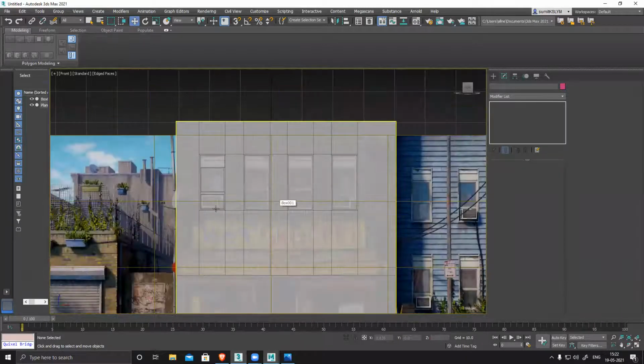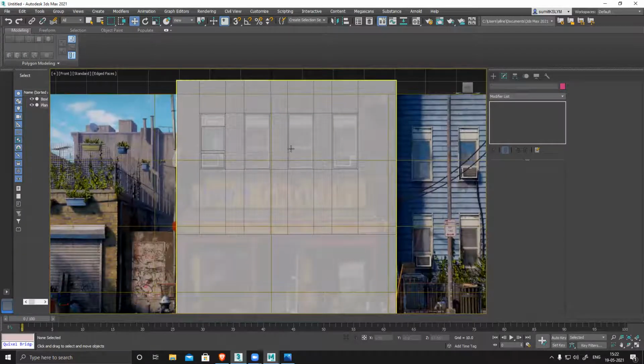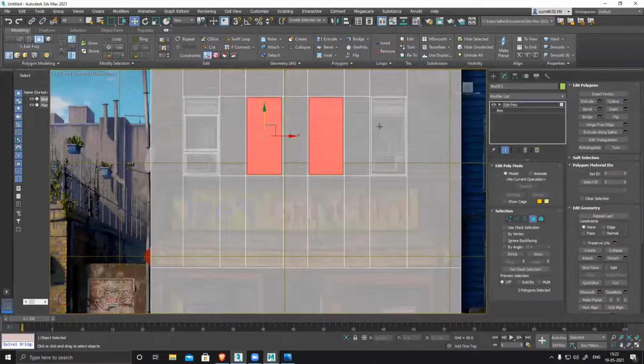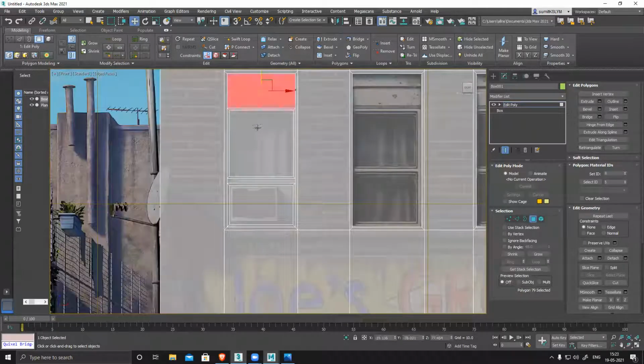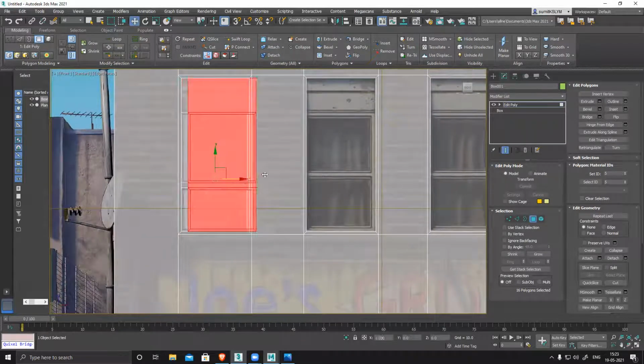So one thing I can do is create only one window and then repeat it. For that, I have to delete all of them and repeat this section, or select the model, polygon mode, delete the in-between things, select this section, shift.